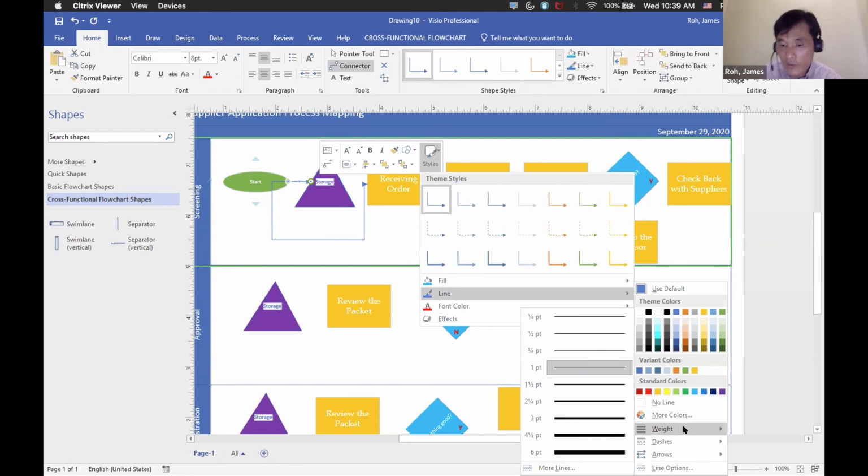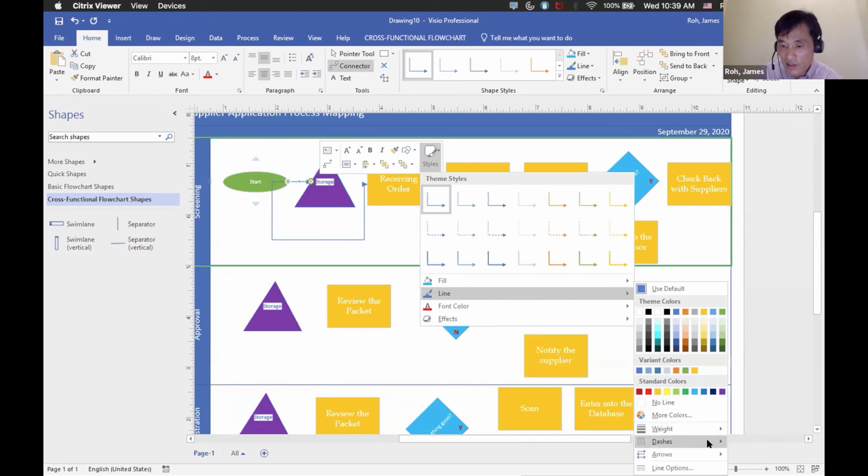So for convenience, let's use a dotted line, dotted dashes. For example, I think this one looks good. So let's use this type